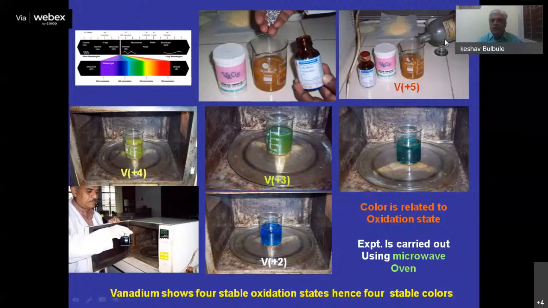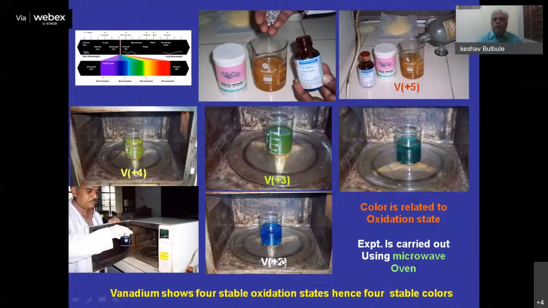When tin pieces react with hydrochloric acid, hydrogen is evolved. Hydrogen is a typical reducing agent that reduces pentavalent vanadium, V+5, to V+2. But in between, we have some color changes. Pentavalent vanadium does not come directly down to the +2 state. There are some intermediate steps. We have +4, yellow in color, +3, light green in color. And if the reduction from +5 to +3 is completed, it has blue color, and ultimately we have +2,